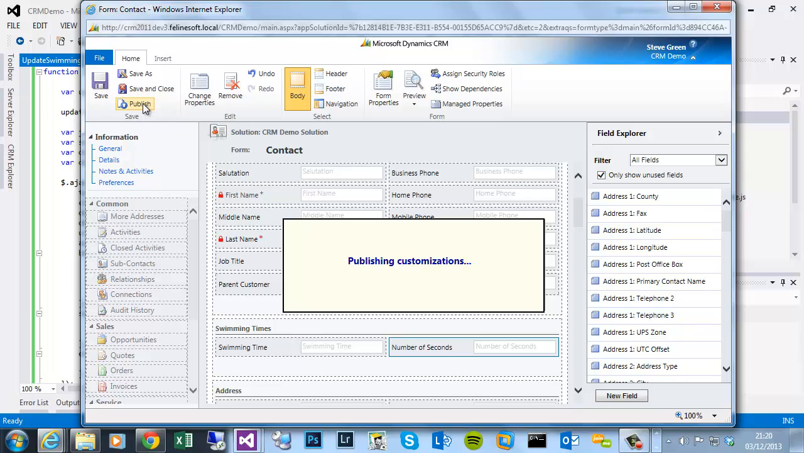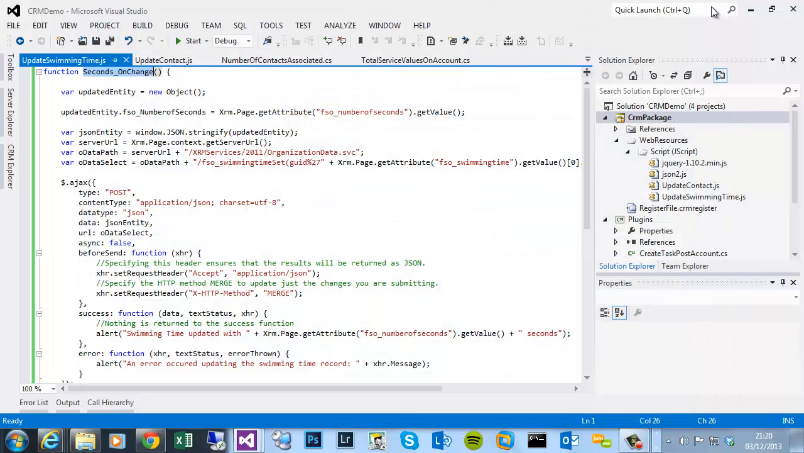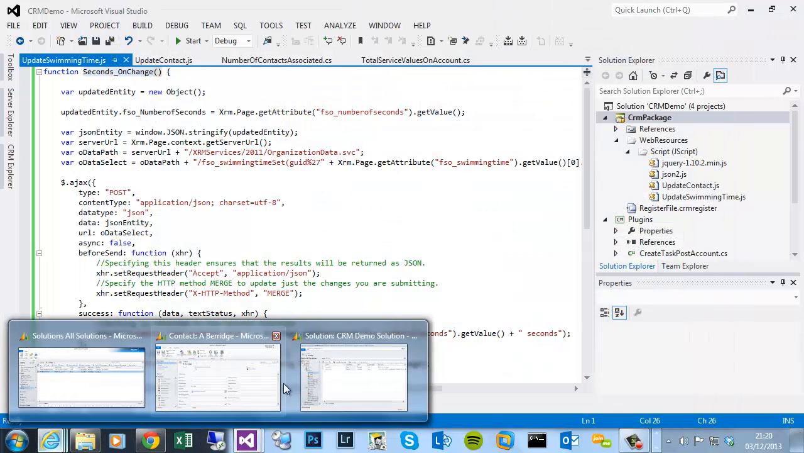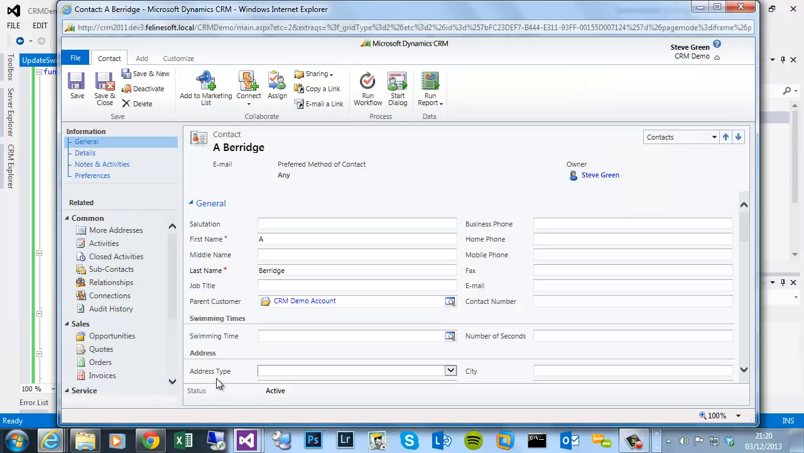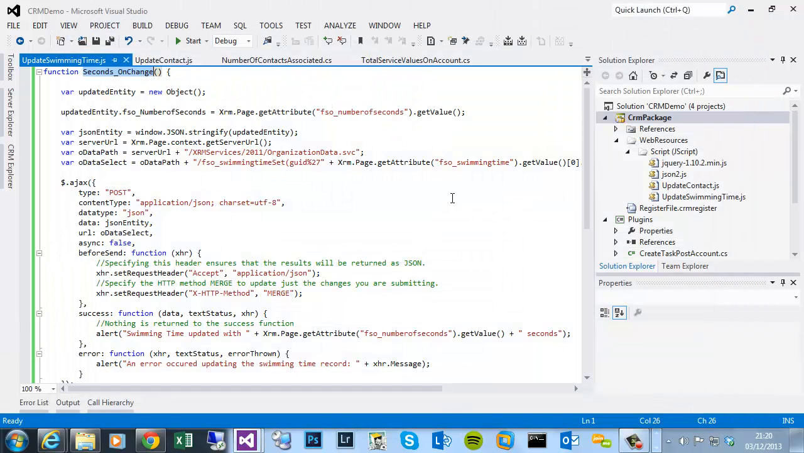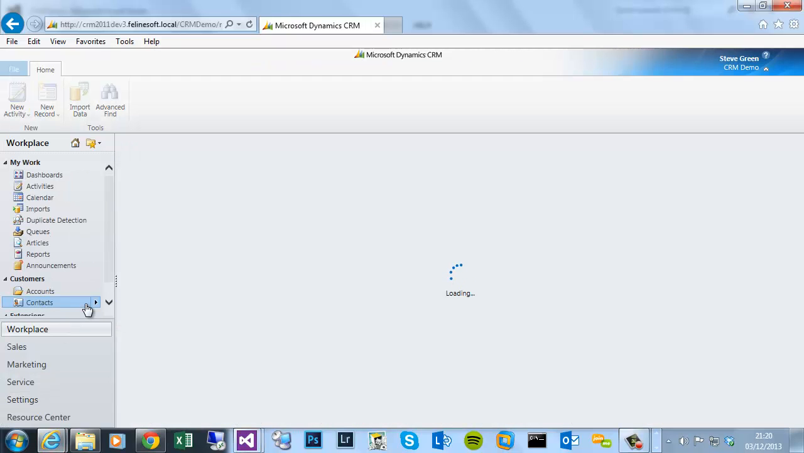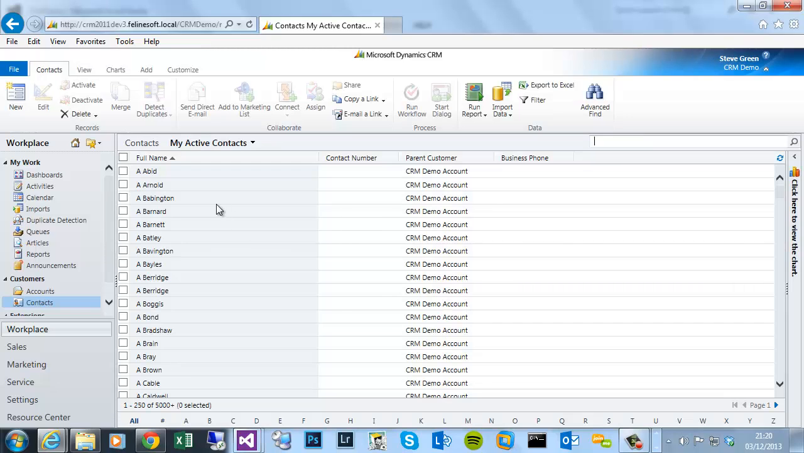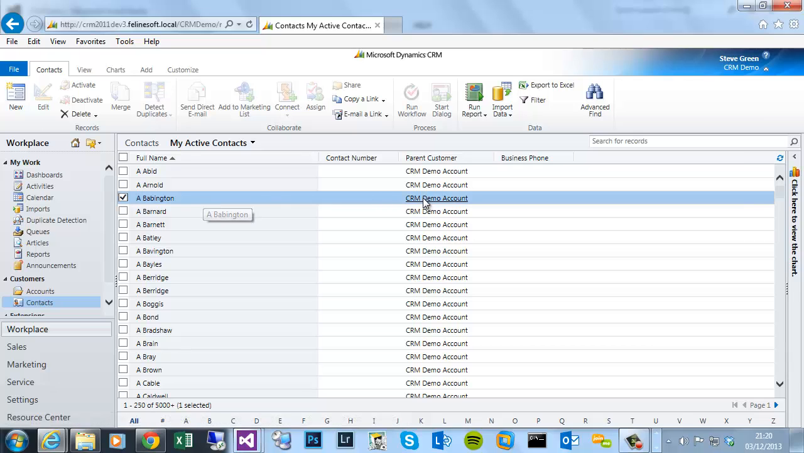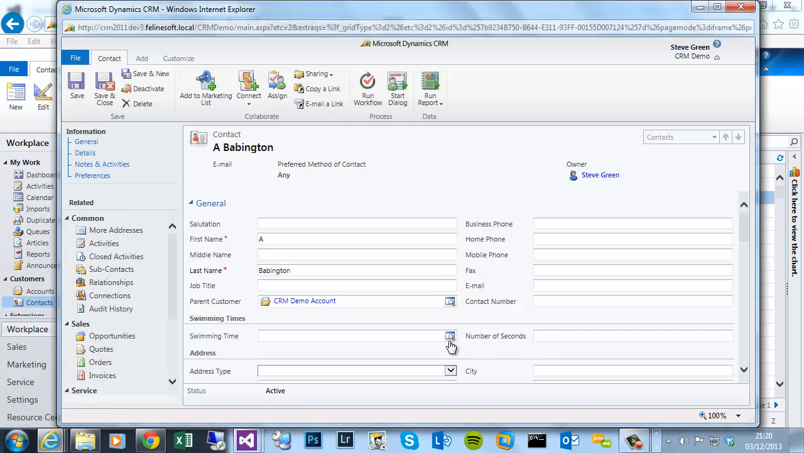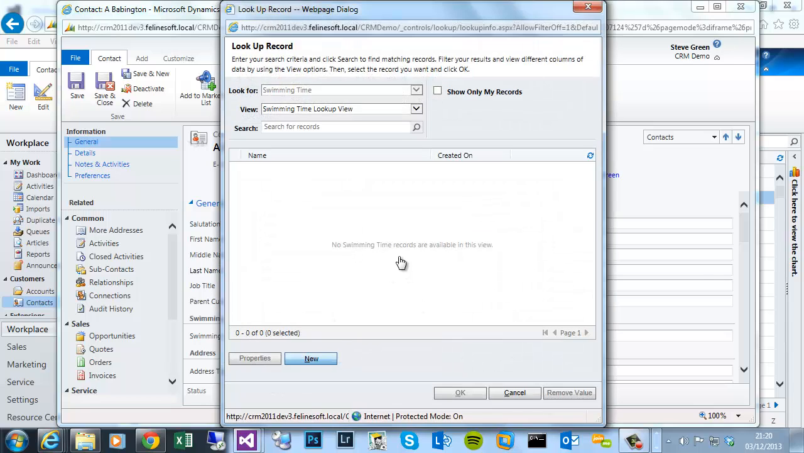Takes a few seconds. Okay, that's now published. So if I now close that existing contact record and go to my CRM contacts, if I pick this A Babington, because that JavaScript library references the swimming time record, I need to click on that and create a new one,